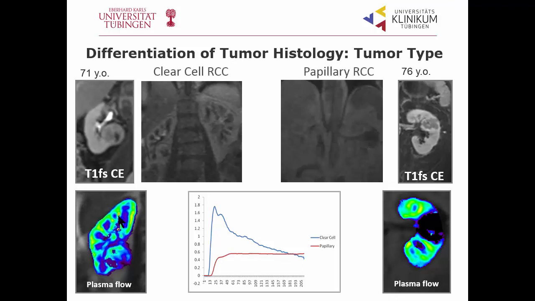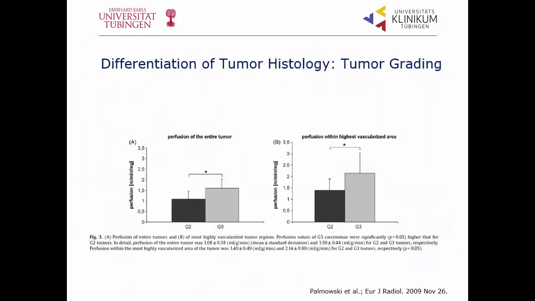And this one is clear cell renal carcinoma, the more aggressive histologic subtype, whereas the other one is papillary renal carcinoma, which is more benign. It's still malignant, but less aggressive. And so here you can really assess the aggressiveness of a tumor using